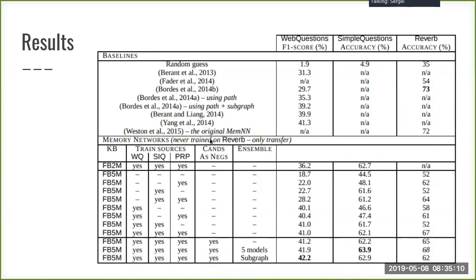What else? Oh yeah, for results, this is a table with results. All of these memory networks or whatever they are were trained on these automatically generated questions first, and then on extra data sets. And you can see that having this paraphrase training actually increases this ReVerb accuracy by quite a lot. For the variants that were not trained on it, they have quite a lot lower score. And that's pretty much it.